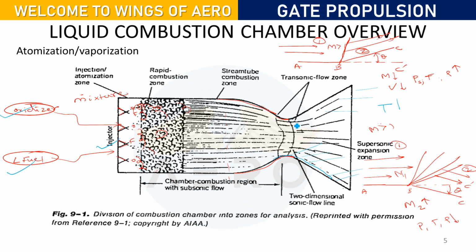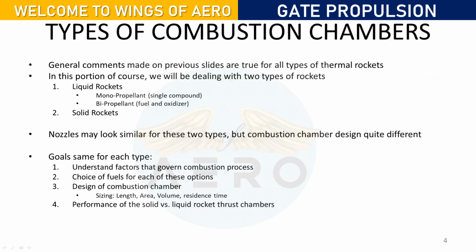So based on the thrust produced by that particular engine, we can determine what should be the area. Obviously there are some mathematical formulas. There is a relation between the area of the throat and the exit area. Using these relations, you can find out what the thrust should be. So these are the fundamentals of this.